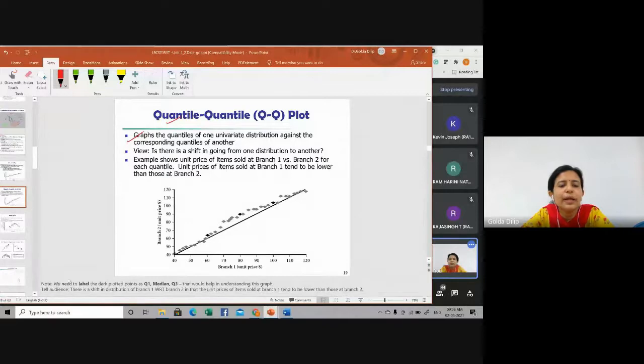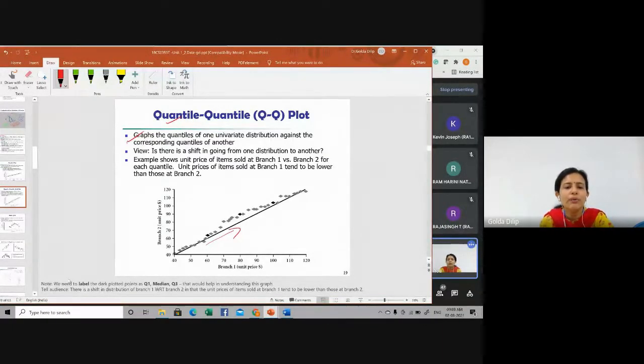It is for two data sets: the quantiles of the first data set against the quantiles of the second data set. For this purpose, a 45-degree reference line is also plotted along with it.